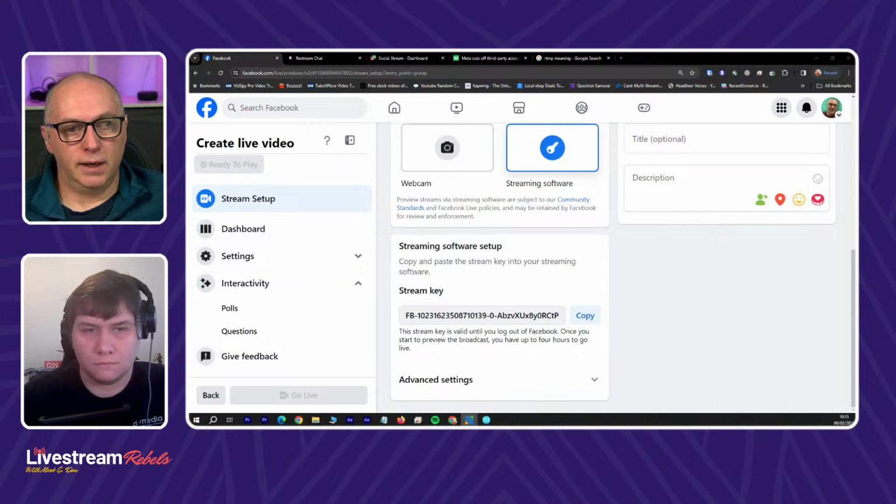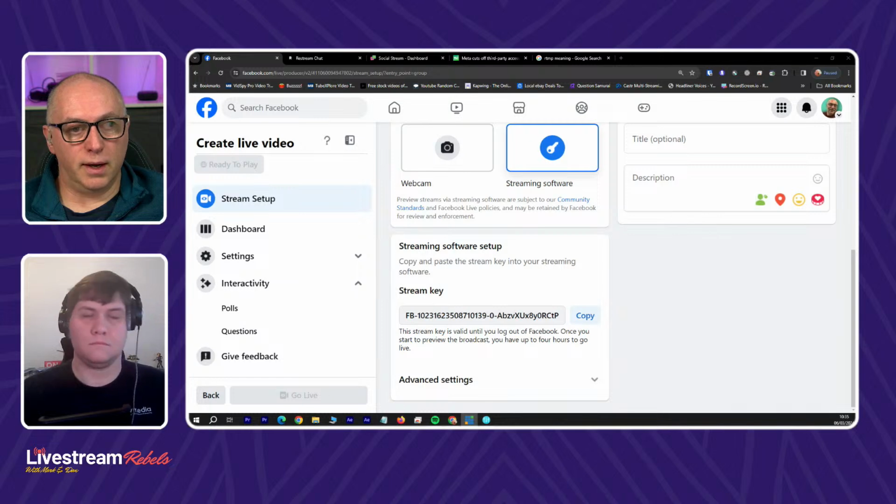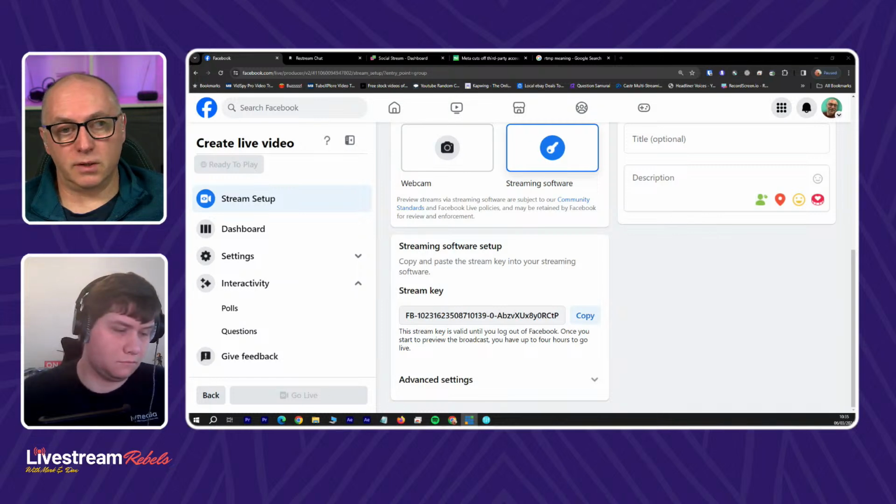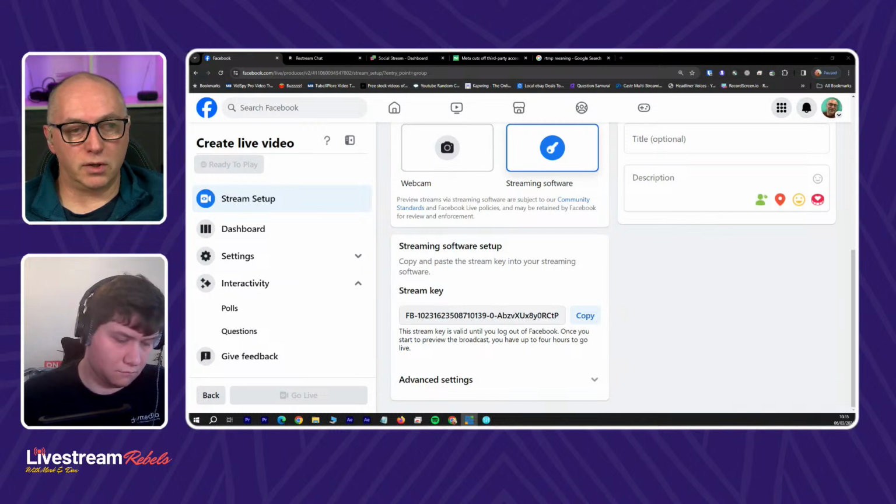If you are using something like OBS, again, a very similar option, but that's not a browser-based third-party solution. That is an app-based solution. And that is very effective, gives you a lot more control over your actual live stream.